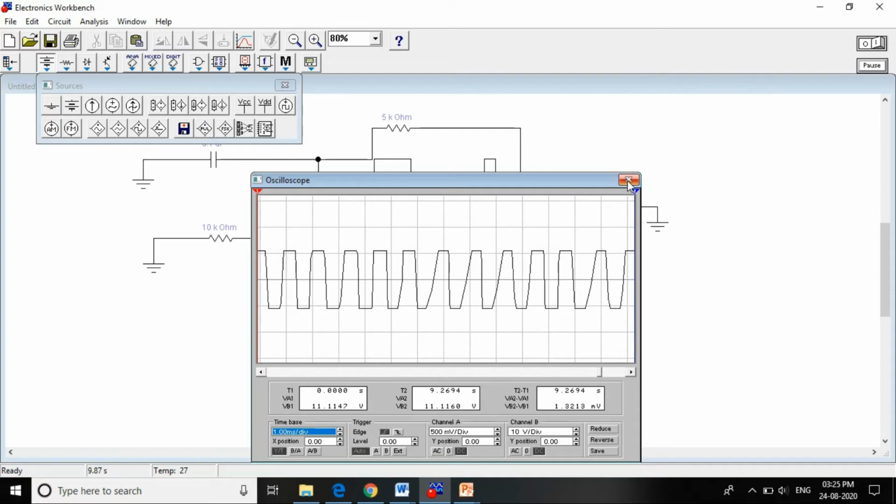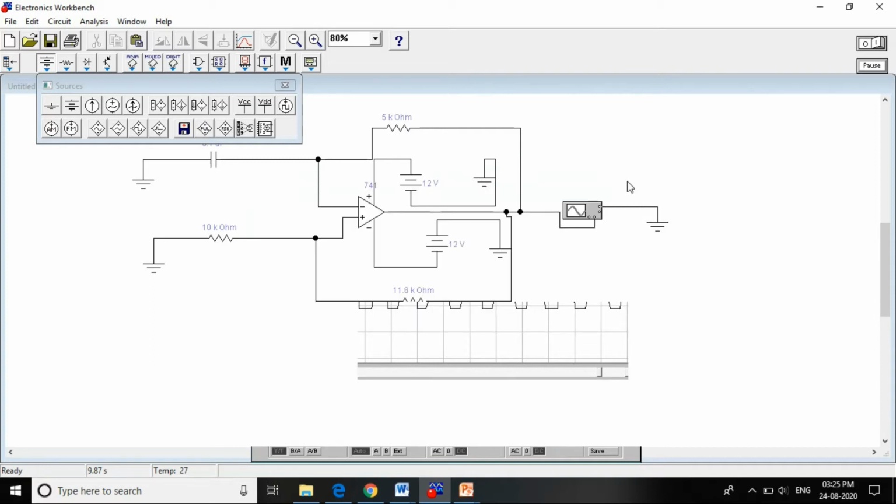So now you all understood, I think. This is the simulator, Electronics Workbench, we are using. It will provide everything. In the menu you are going to drag and drop the symbols or the components that you are going to use in the circuit. Based on that you are going to generate the waveforms, so you can easily calculate the value of the time or the frequency. Okay, thank you.